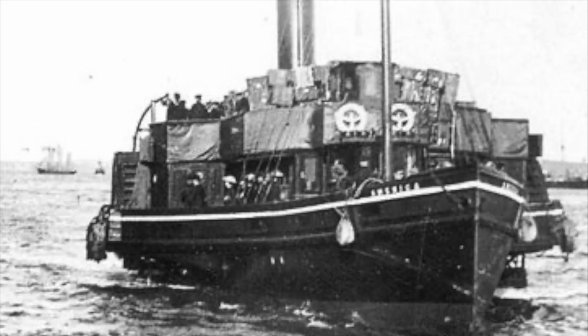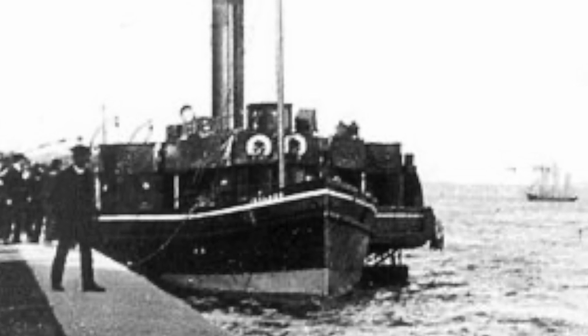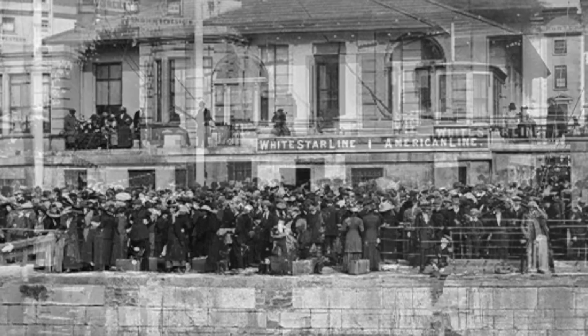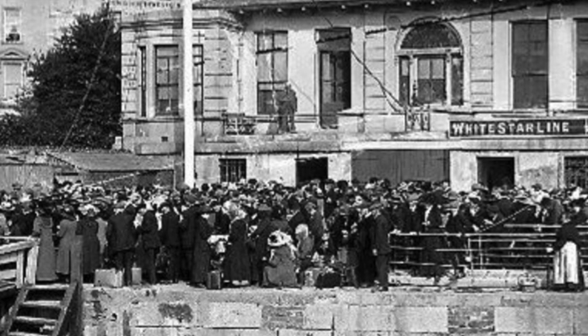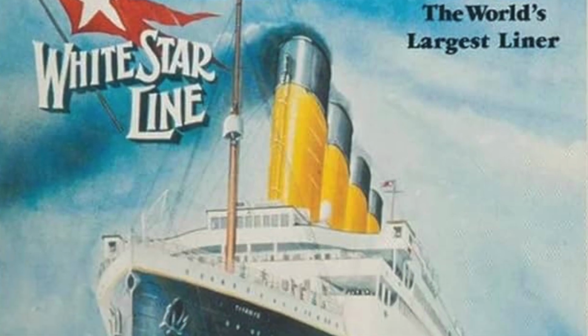Although there were named tender ships, the America and Ireland were known as paddle steamers. These types of vessels, or steamboats, were powered by a steam engine that drove paddle wheels to propel the craft through the water. The paddle steamers were built to become the indispensable workhorses of the immigrant trade. They were important to the White Star Line as selling third-class tickets made the most profits. Third-class passengers were immigrating to America from the United Kingdom, Europe and other countries,